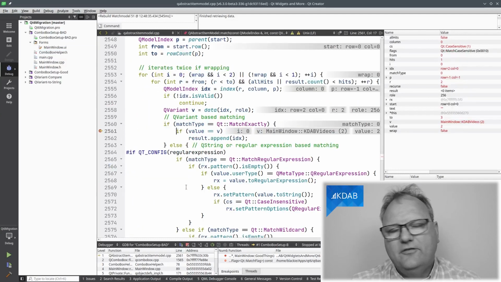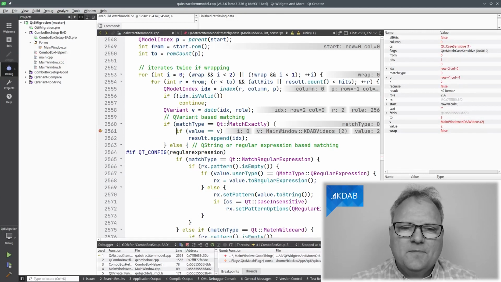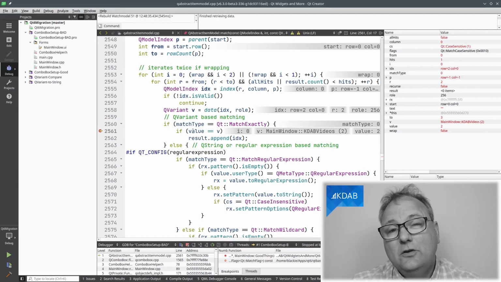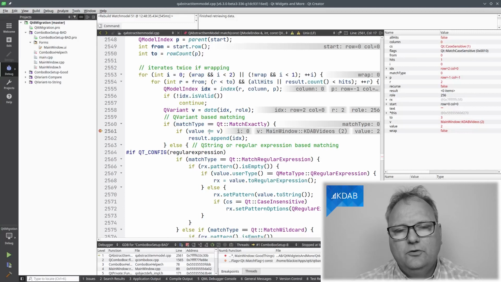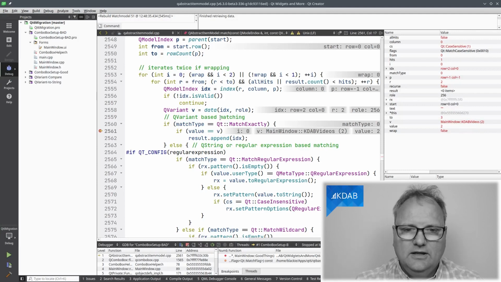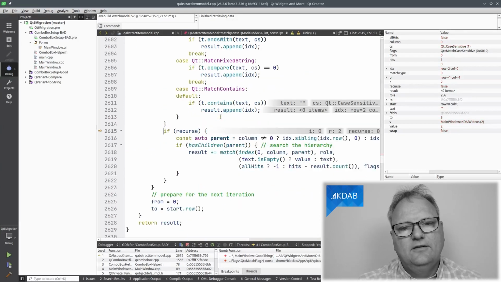I actually did verify, and I'll let that be an exercise for the interested viewer, to validate that in Qt 5, this comparison actually says, yep, the number 2 and the enum value 2 are the same. But here you'll see if I do F10, I'll drop out of this test. So no, it was not the same.